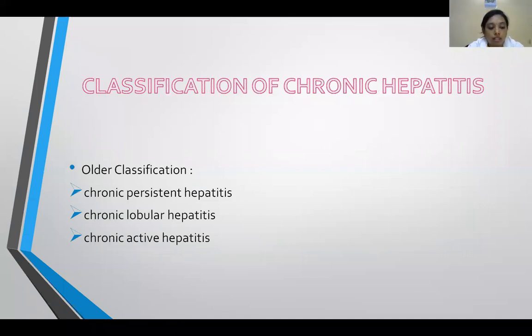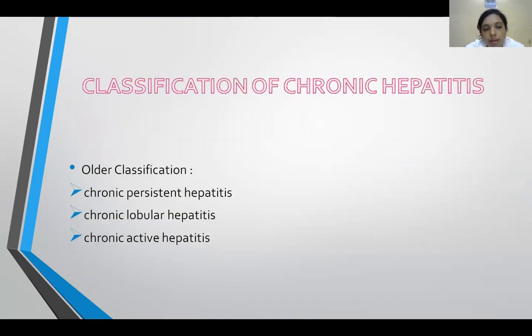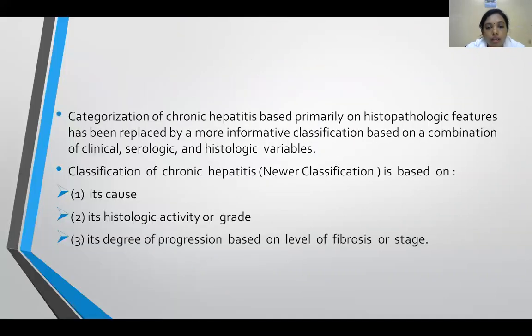So what is the classification of chronic hepatitis? I'm just briefly talking about the chronic hepatitis introduction. We'll be going into the details of the viral hepatitis. Okay. Classification of chronic hepatitis: this is the older classification and this is the newer classification, which is followed now. The older one was based on the prognostic implication, and it was divided into chronic persistent hepatitis, chronic lobular hepatitis, and chronic active hepatitis. The chronic persistent and the chronic lobular hepatitis are the milder forms, and chronic active hepatitis is the severe form. This is the previous classification. Okay, so the newer classification is